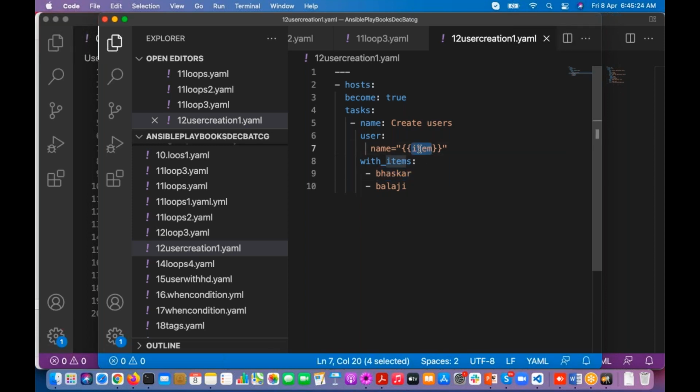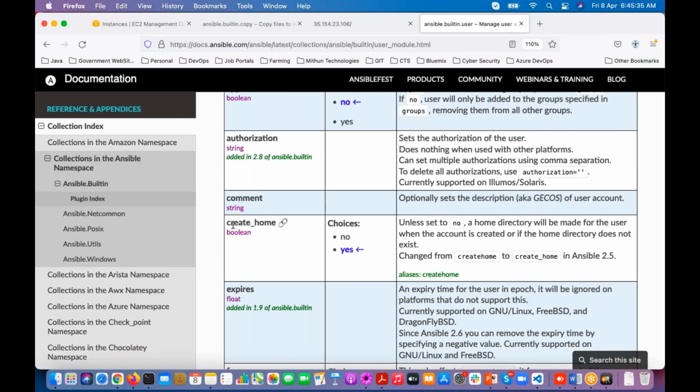These usernames we are going to pass here. So if you go through that user body, if you see here create_home, if you say yes, it is going to create that user's home directory. If you see here, unless set to no, a home directory will be made for the user when the account is created,